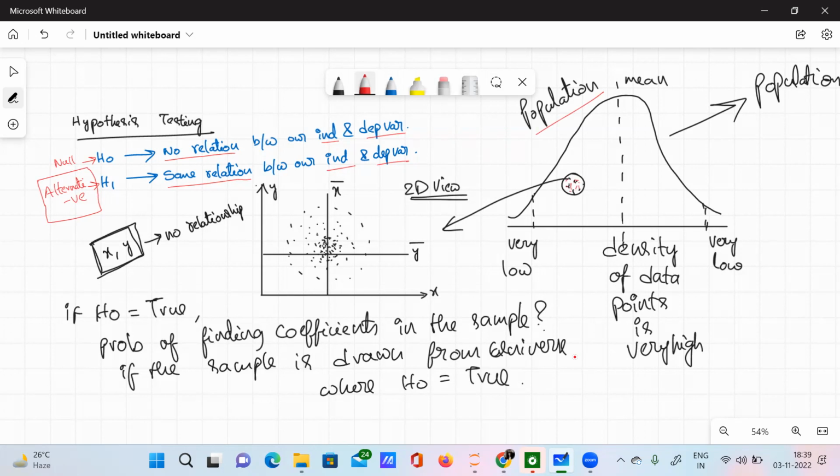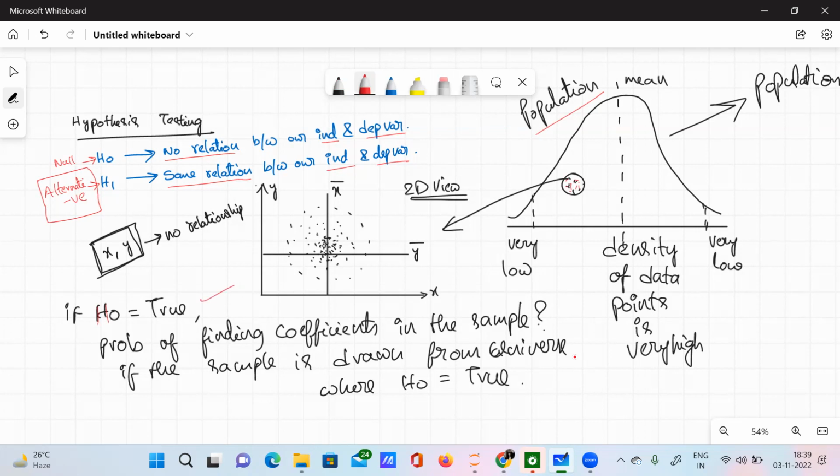When I plot the sample on a scatter plot, I observe that there is no relationship between x and y. So what is the H naught here? No relation between independent and dependent variables. So we can confidently say that, let's assume the null hypothesis is true,